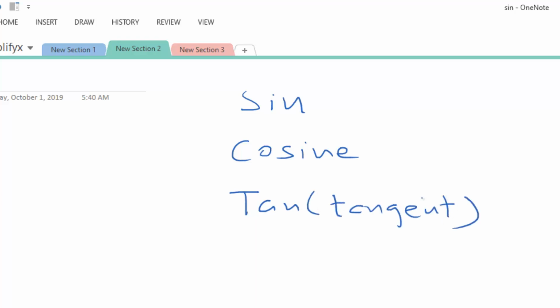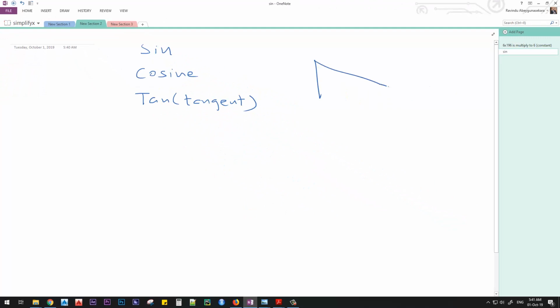So how do you identify these things in a triangle? Let's say this is a triangle. So we'll name the edges A, B, C. So this is a right angle triangle, right? So let's name this angle. This is the angle C. So consider